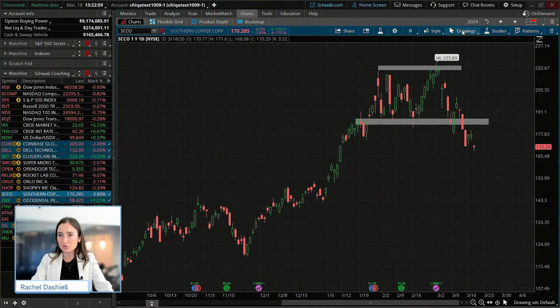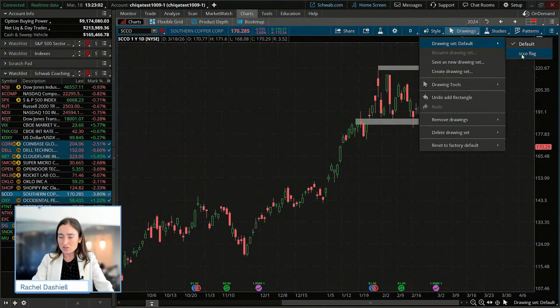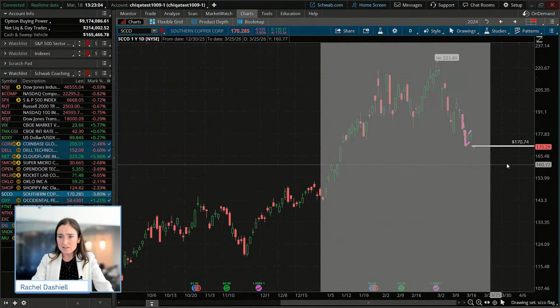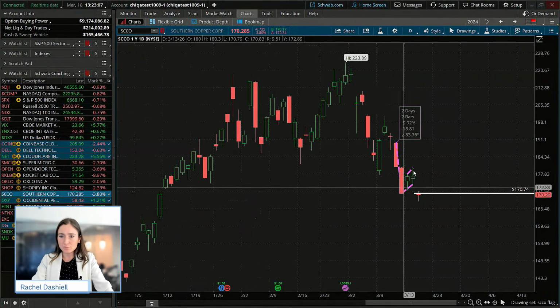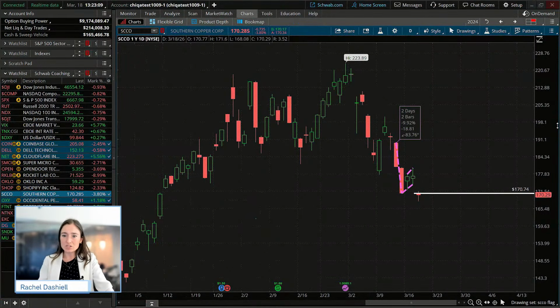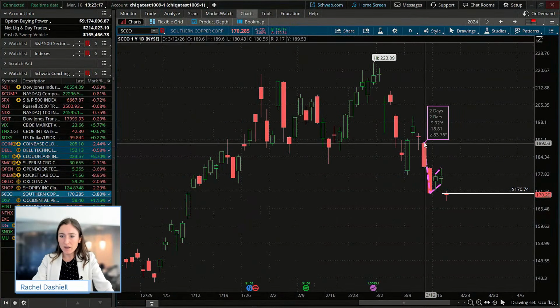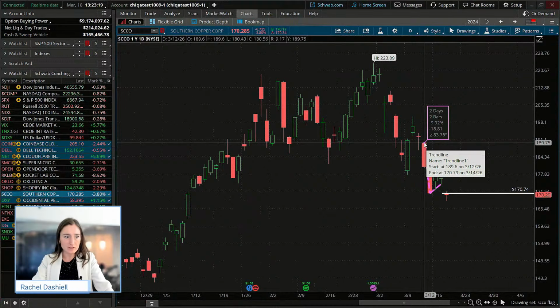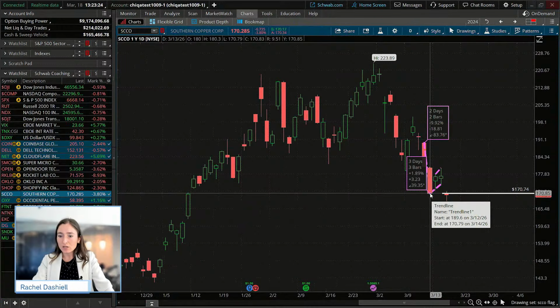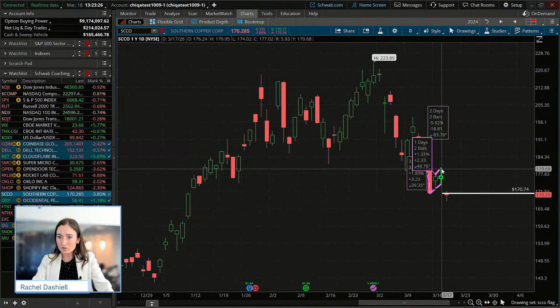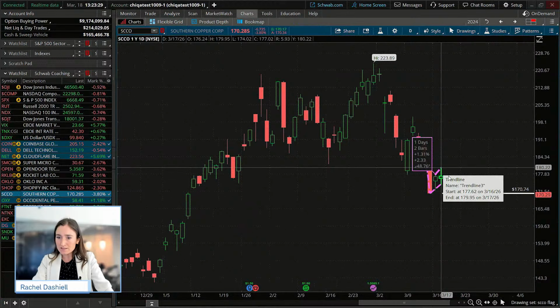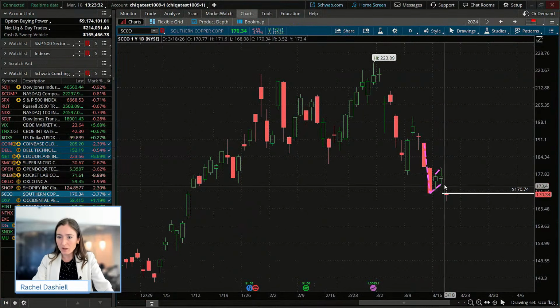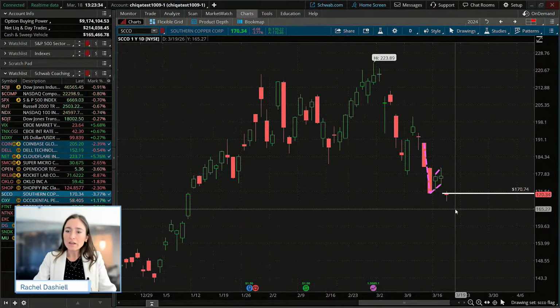So I'm actually going to move to my drawing set and actually draw what I really saw on this chart here, which was this bear flag really taking shape within the last few days. So essentially what I did was I just connected the high from this day from the 12th, I think that was maybe Friday, and connected it to the low that we saw, and then we had a little counter trend rally for a couple days, and then we saw that gap down, that breakthrough today.